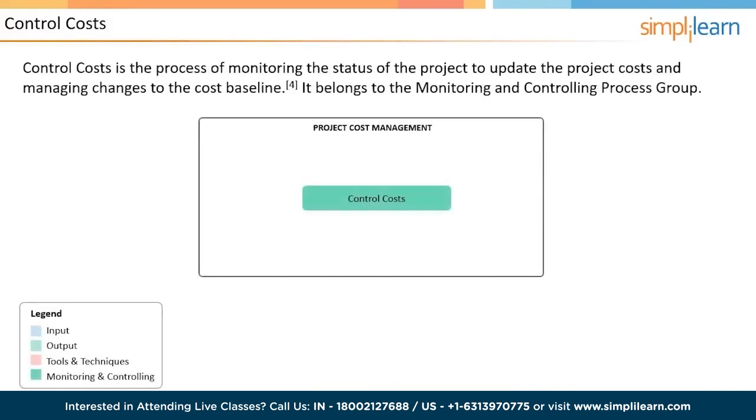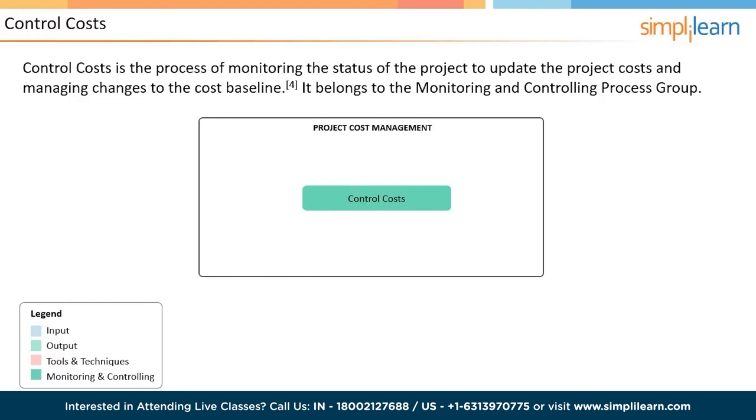Control costs is the process of monitoring the status of the project to update the project budget and managing changes to the cost baseline. Updating the budget involves recording actual costs spent until date. Any increase to the authorized budget can only be approved through the Perform Integrated Change Control process. Some of the typical activities that happen as part of the control costs process are ensuring that cost expenditure does not exceed the authorized funding, monitoring the cost performance to understand variance, and monitoring the work performance against the funds